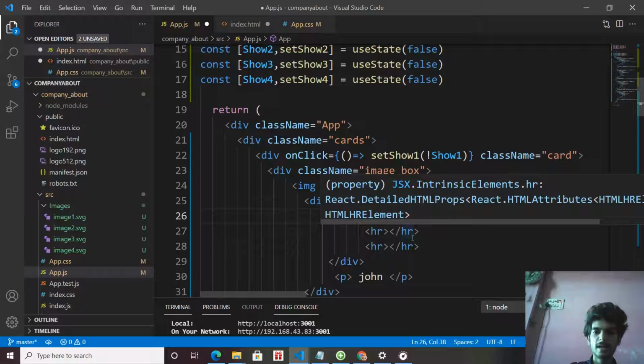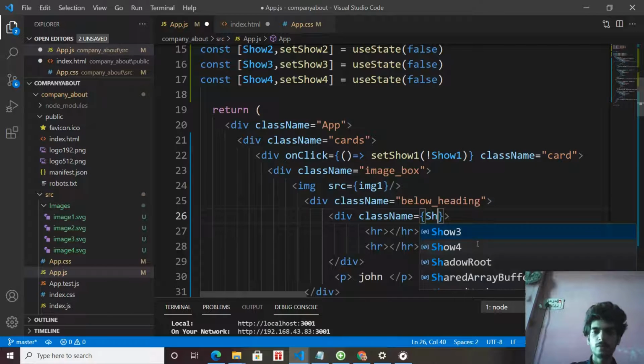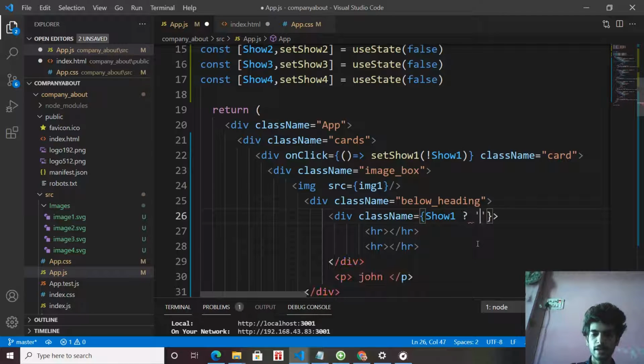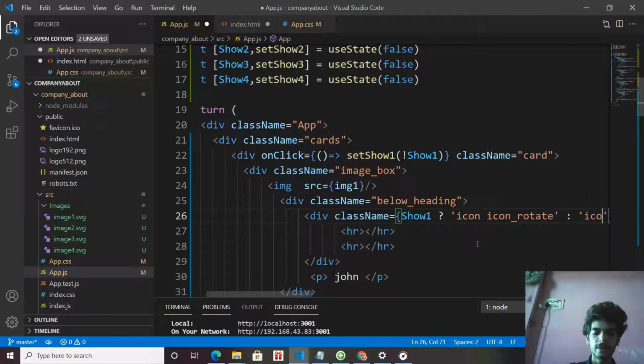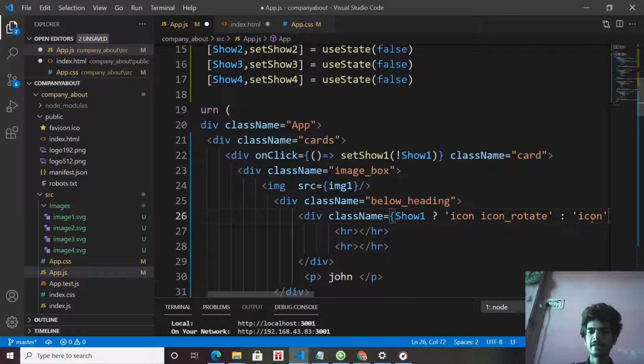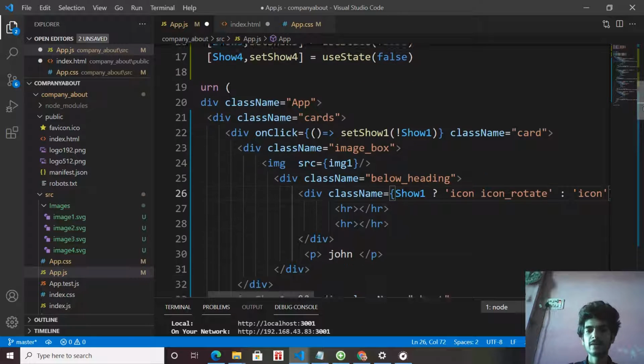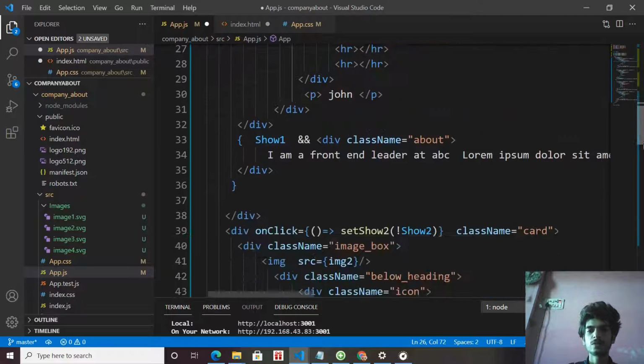If the first card has the show1 value, if show1 is true, then we are adding an icon rotate class that is going to rotate the icon. But if it is false, then we don't want to rotate, so it will have the normal class, that is icon. When show1 is true, it is going to rotate, and that will make the close icon.